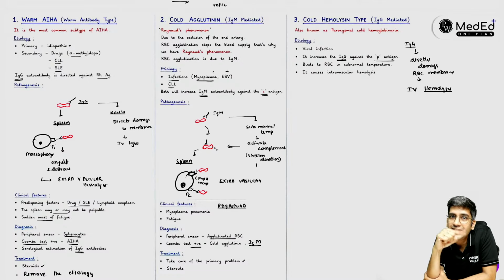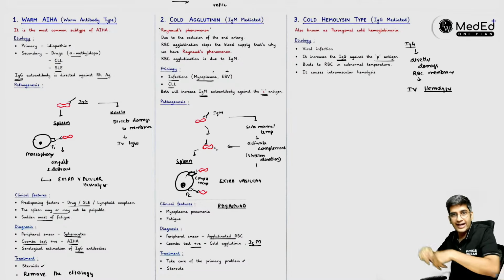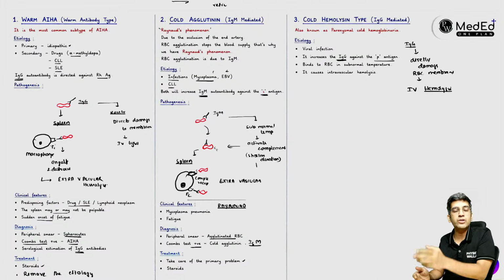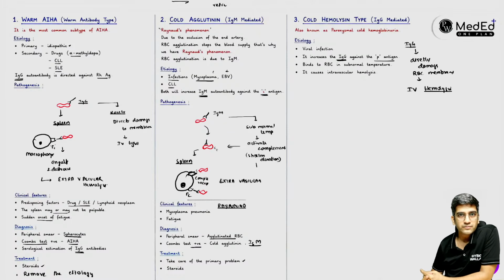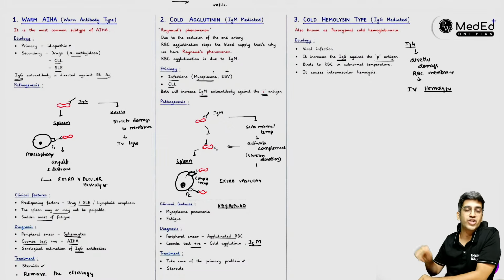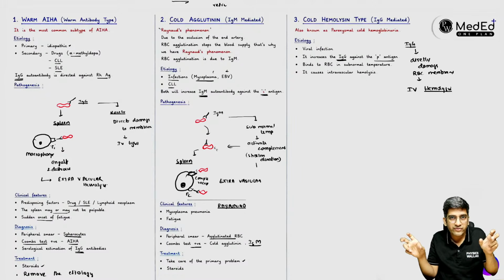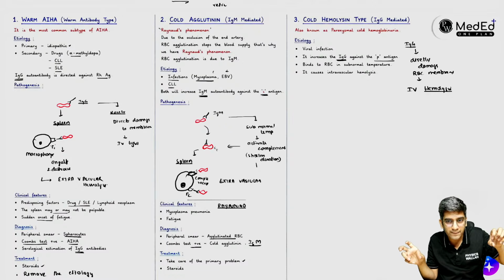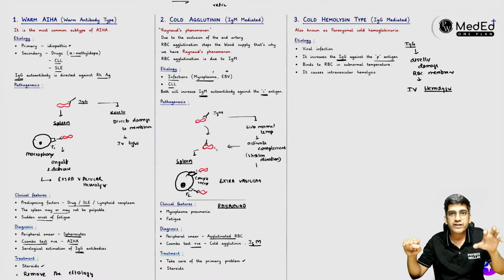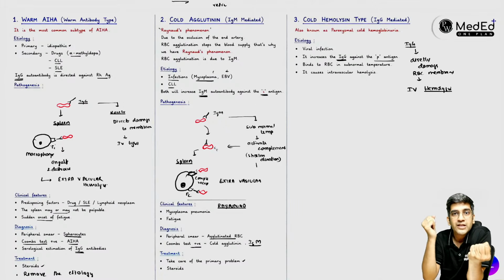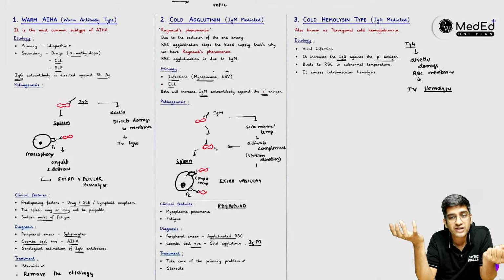Who is the guy who will send the iron outside from the duodenal epithelium into the bloodstream? Tell me the answer. There's a very important receptor there that controls iron metabolism. That is ferroportin. It ports iron. The moment iron comes outside, it will bind to 2 different proteins. One is serum ferritin, right? The other is transferrin. Serum ferritin holds 10% of the iron. Transferrin holds 90% of the iron, right?